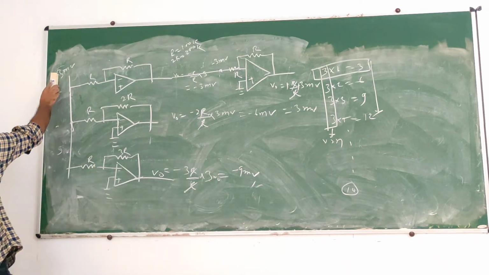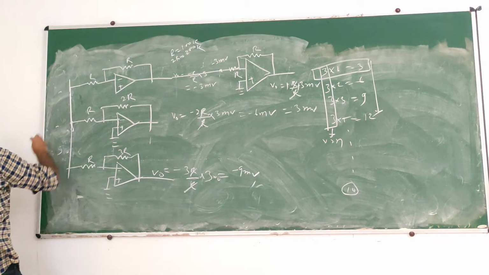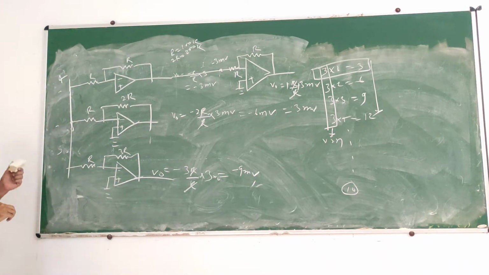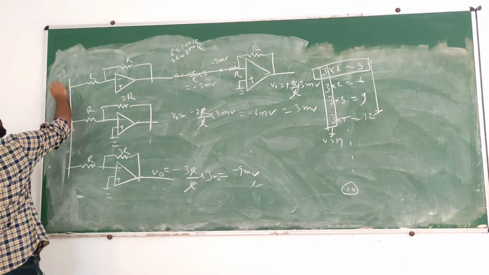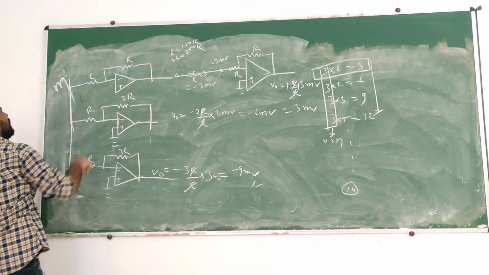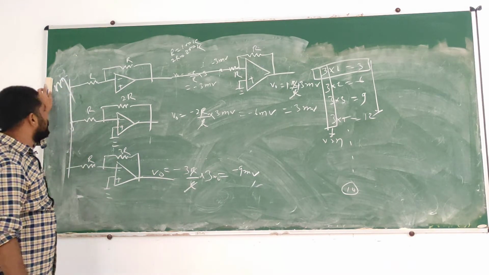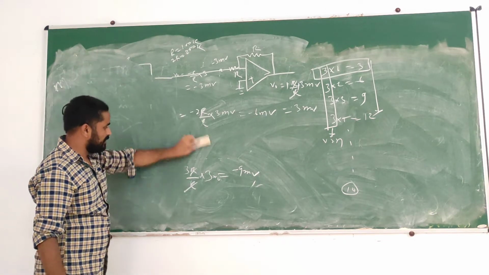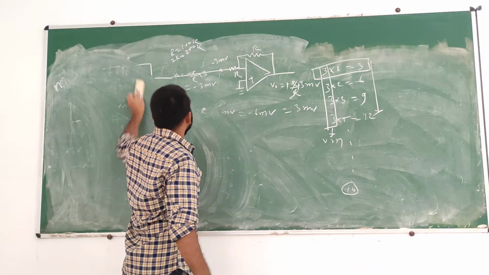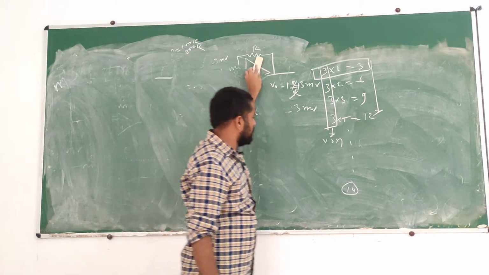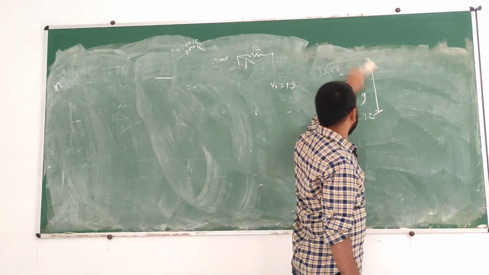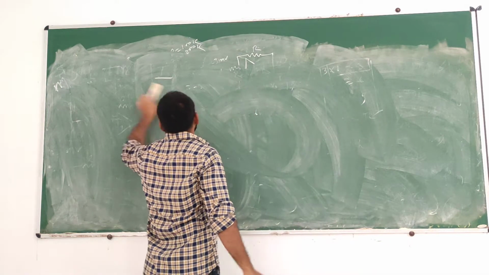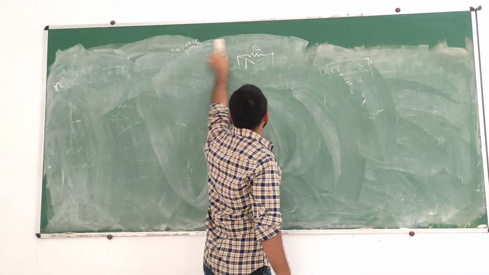Now if you replace 3 with 4, you will get the table of 4. With 5, you will get the table of 5. And with this method, you can get the table of all. Means if you just keep any number n, then you can get the table of all the numbers that we cannot remember very easily. Till 20 we know, after 20 we can do it easily with the help of this circuit. So this is how we do the multiplication.